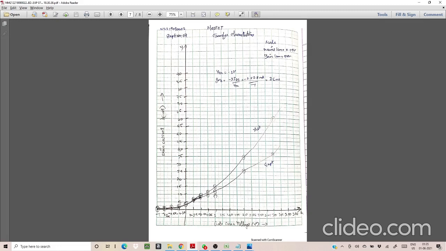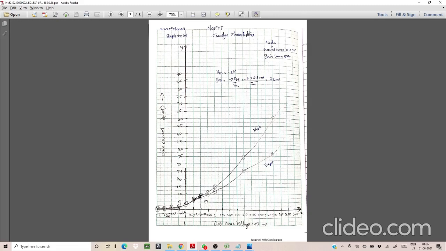Why? Because we have started our experiment from 2 volt, right? We have got the value of the drain current from the 2 volt. If you take 1 volt, you will get the same thing. But for 0, you will get 0. Beyond that, when you decrease it, you will get the minus values. So just update the VTH value as 1 volt here.